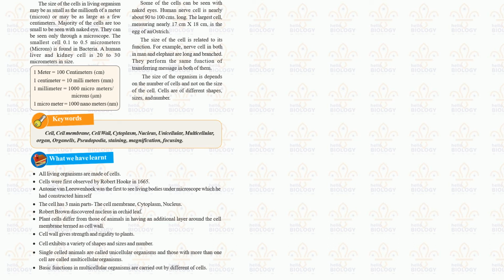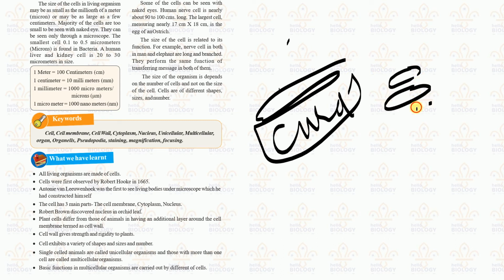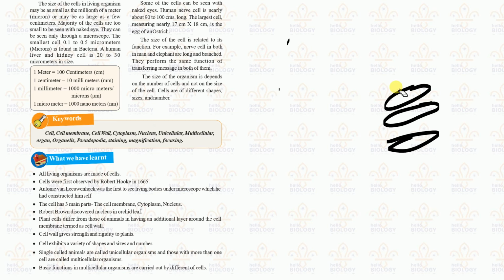If you see the size of the cells, usually every organism has its own size. For example, your mother prepared curd. Understood? Your mother prepared curd, and if you want to see the cells of that curd, those cells are different. Curd cells will be like this. Understood? So different cells will have different sizes also.